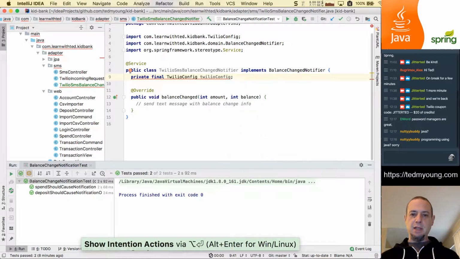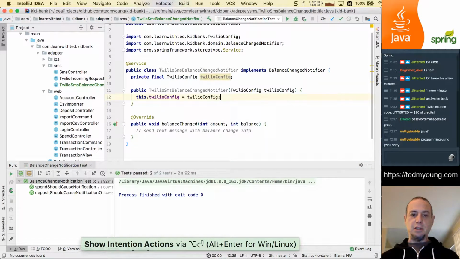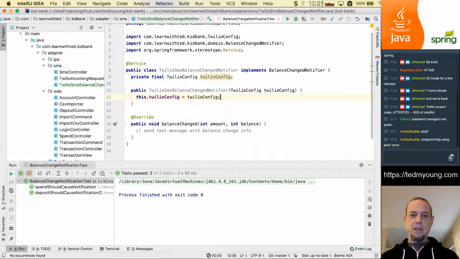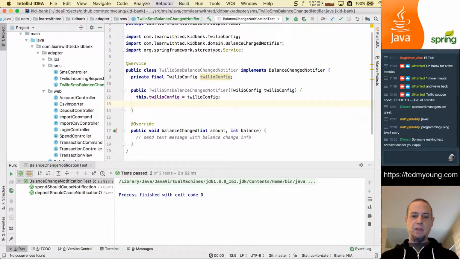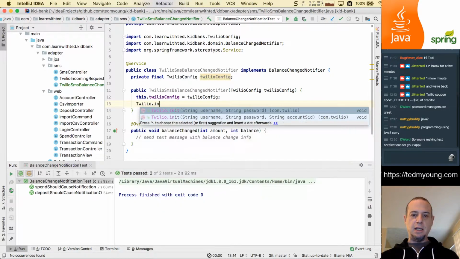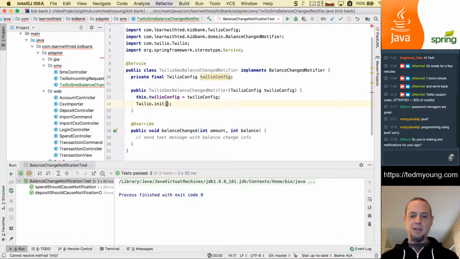That will get created and passed in the constructor. And what I then want to do is Twilio.init. It says username, password. I'm assuming that's just